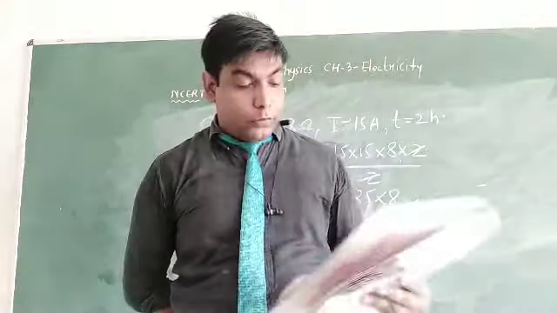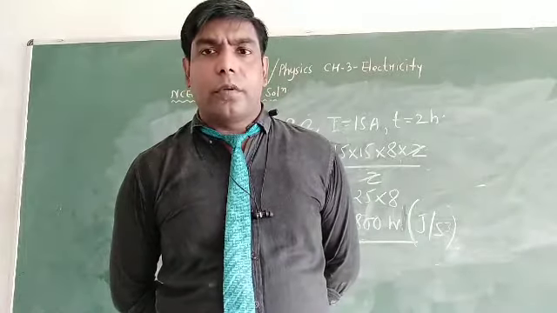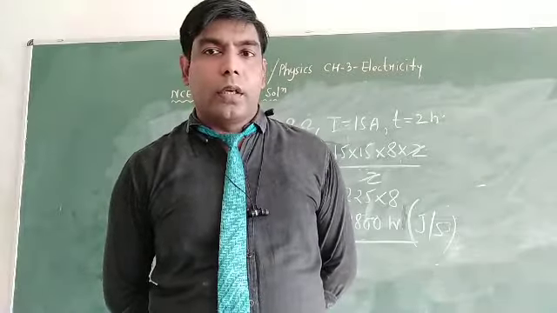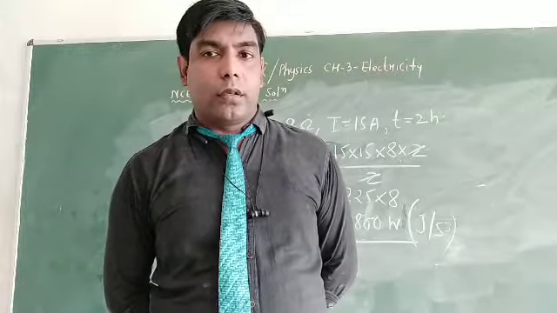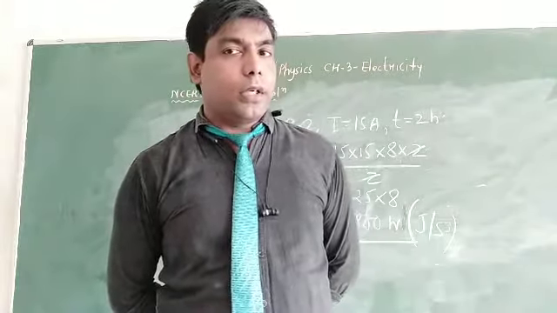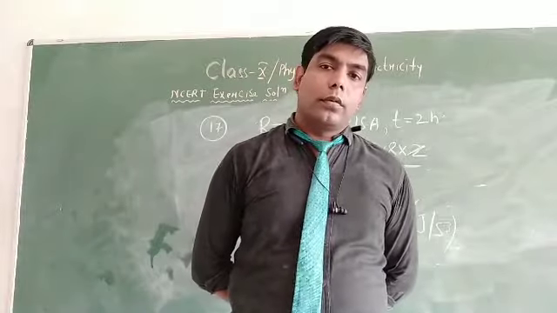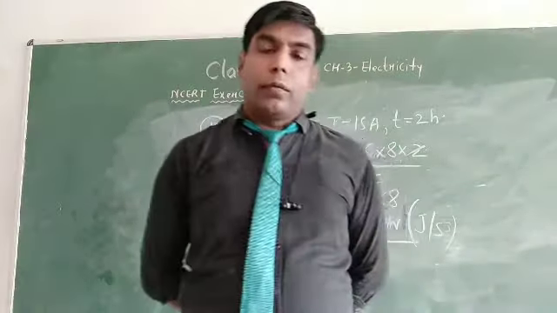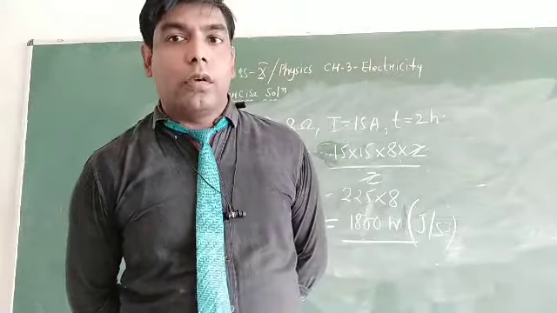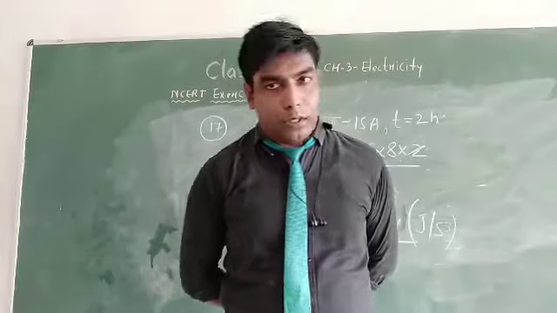Right? Also in series we see that current is the same. Means if you connect a fan, it requires 2 ampere current. If you connect a refrigerator, it requires 6 ampere current. Then if they are connected in series, the same current will flow. Means if in the circuit 2 ampere current is flowing, then for the fan also it will supply 2 ampere, and for the refrigerator also it will supply 2 ampere. That is, all your loads will not run properly. So you have to connect in parallel.